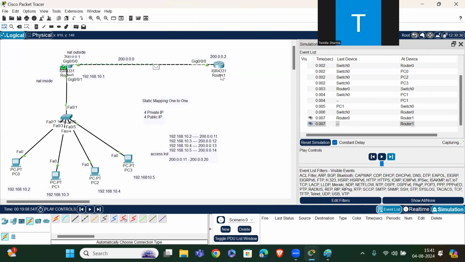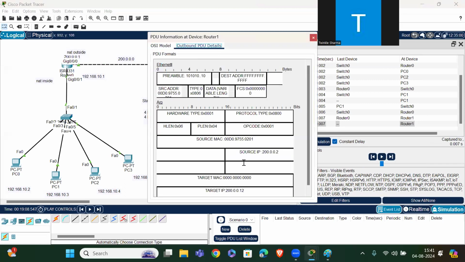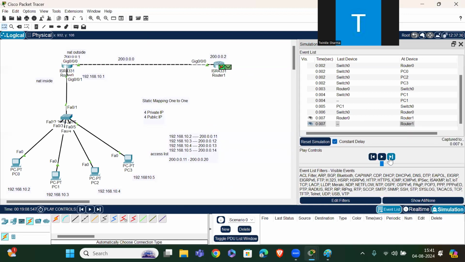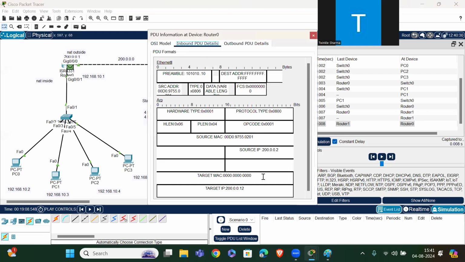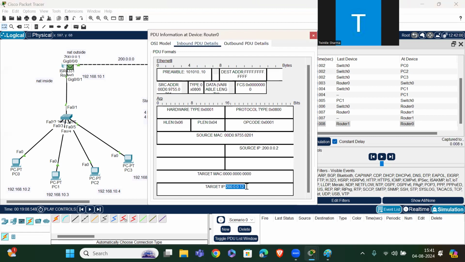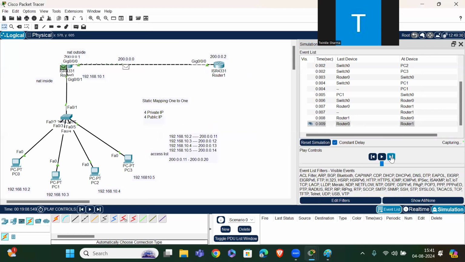Okay. Then here, source IP is 200.0.0.2. Okay. Then let us send. Target IP is 200.0.0.12. And here we have the IP address 192.168.10.3. Okay. Let it be sent.